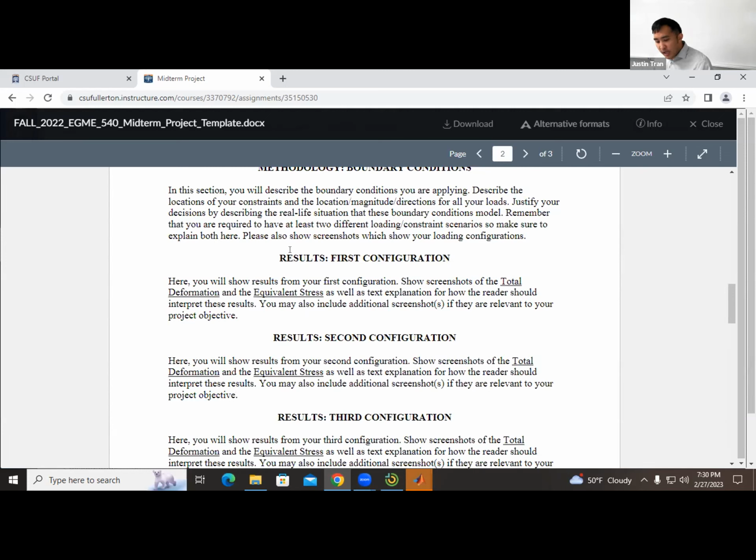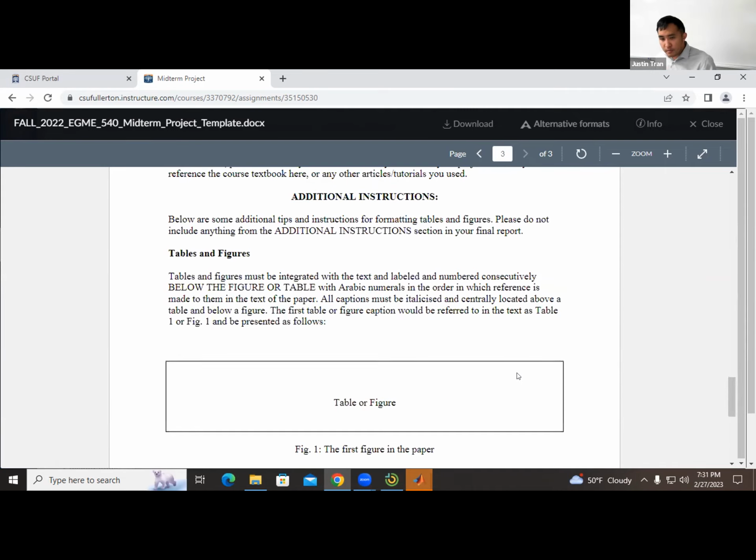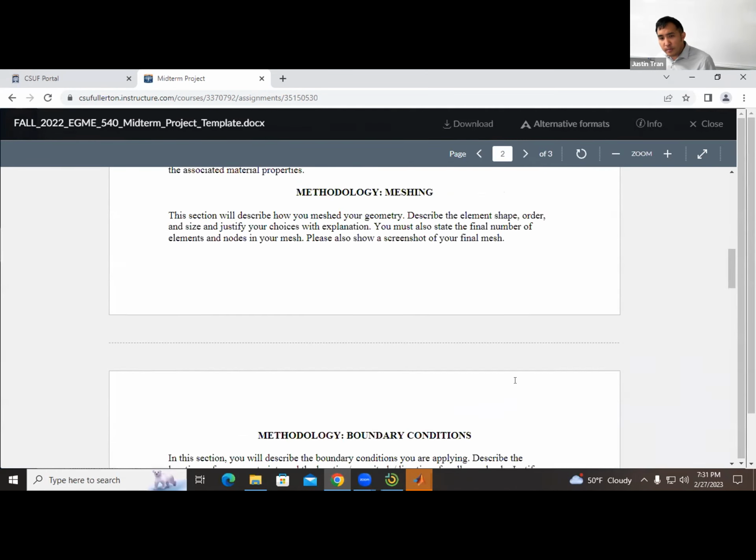Because the idea is that when you do FEA, the way that you show people FEA almost becomes like CAD, where you have a portfolio of things. And so what I imagine is that this report is something that you can put into your portfolio to show employers that you know FEA. Not only do you know how to use the software, but you know how to justify all your decisions. And so that's the motivation behind this report. Okay. All right. Any questions on the report template?